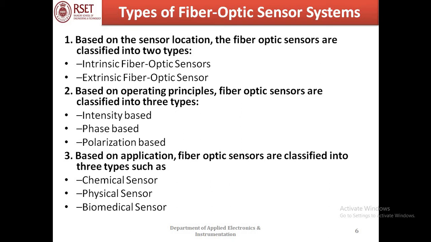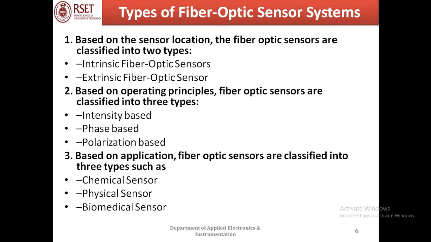In an extrinsic fiber optic sensor, the fiber is simply used to carry light to and from an external optical device where the sensing takes place. In this case, fiber just acts as a means of getting the light to the sensing location. On the other hand, in an intrinsic fiber optic sensor, one or more of the physical properties of the fiber undergo a change. Perturbation acts on the fiber, and the fiber in turn changes some characteristic of light inside the fiber.